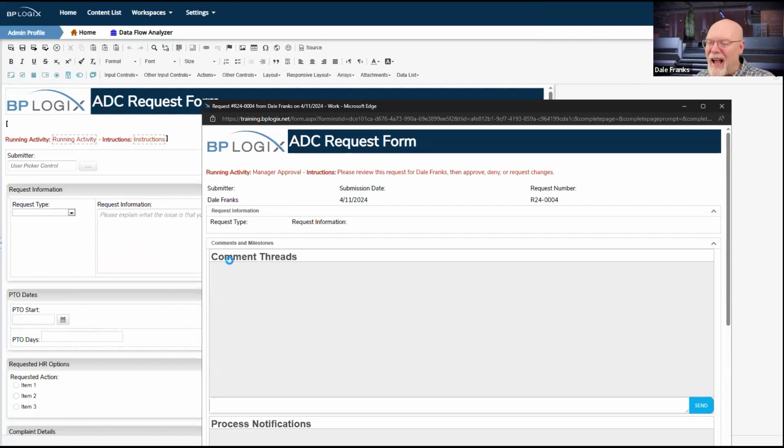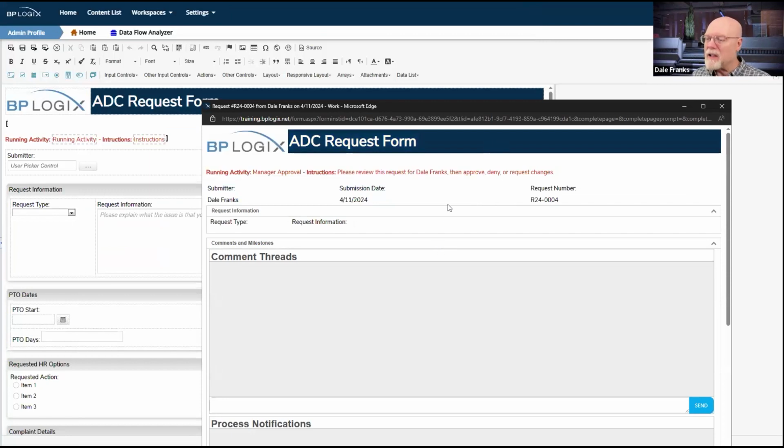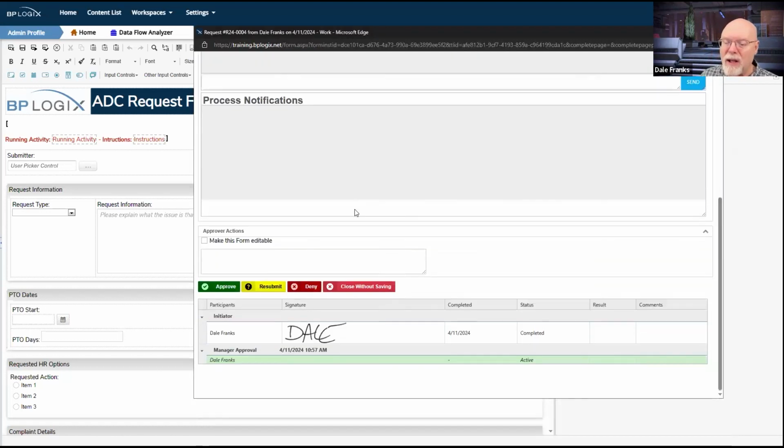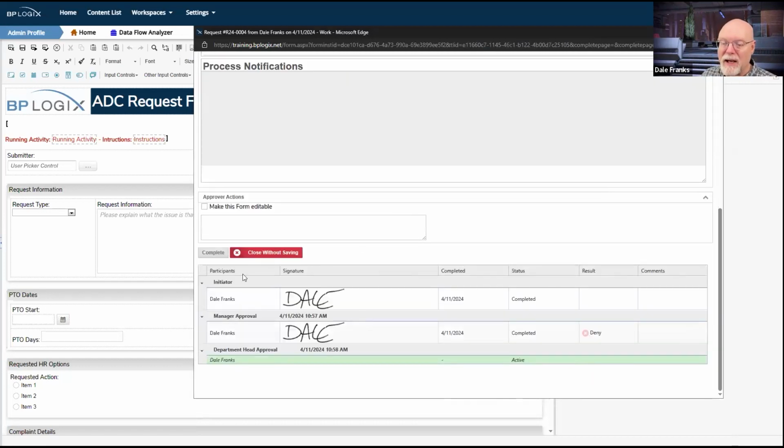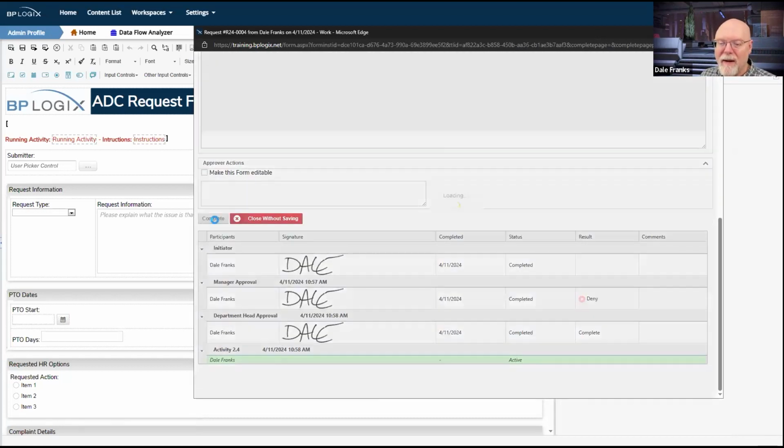Yeah, that is exactly what I want. That is a nice looking form up there at the top. I like the spacing of it. There's not too much, but it gives me some nice visual distinction. I am a happy camper. Also, it knows who I am. It knows who submitted the form. It sends that to me via system variable as the manager, so I can see everything that I'm supposed to see on this particular form. And I can go ahead and just deny it, get us out of that. Well, it's not getting us out, but I'll go ahead and finish all my activities and we'll be done.